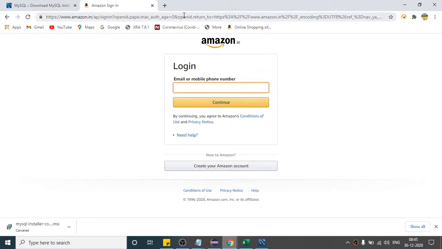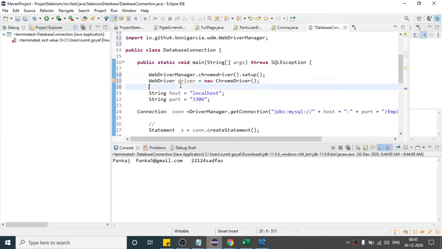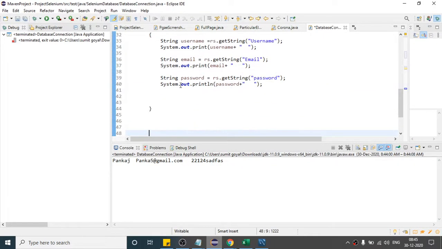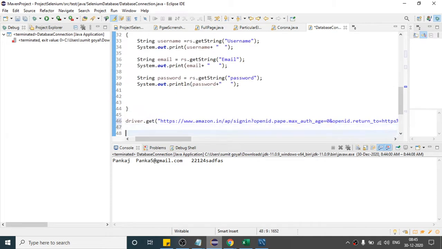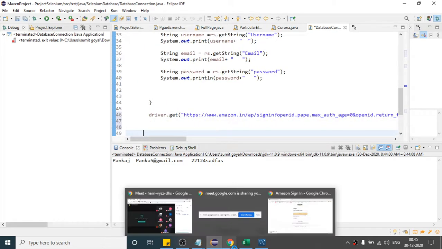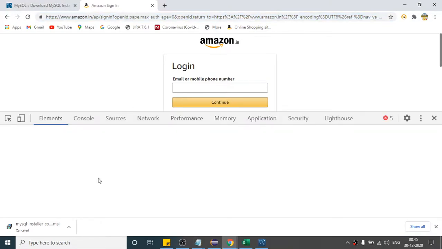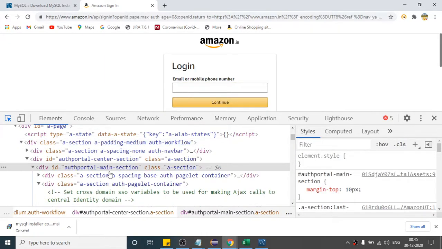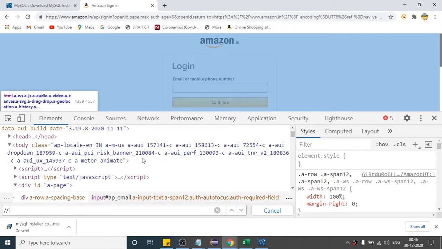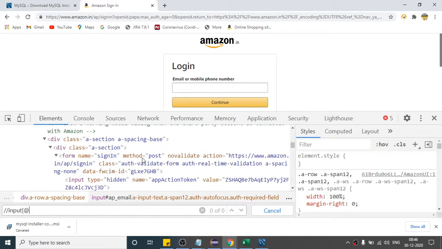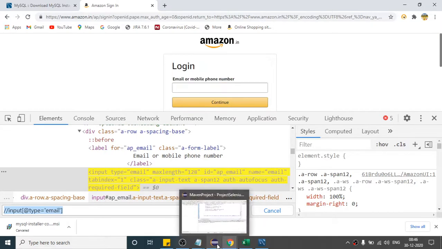If I want to enter the email, copy the link, and once I get the data, I will write driver.get. Now this is the link, right? After that, I want to enter one email, I want to work with one user, Pankaj, so I will send the Pankaj email. First let me get the locator, Control F, input, @type equals to this, right? So copy this XPath, it is a unique XPath.